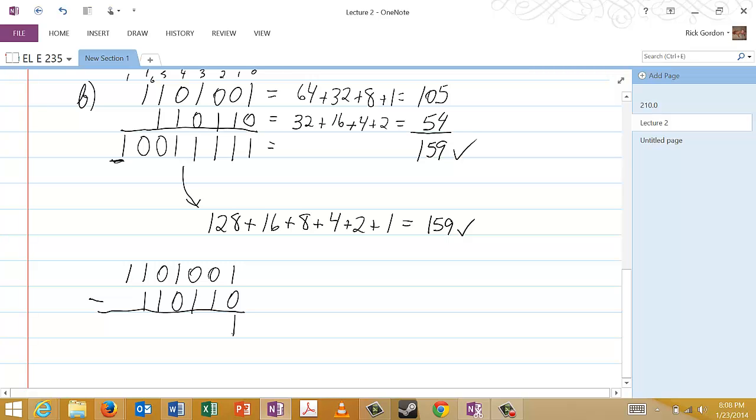But now we immediately are going to have a difficulty in the next column because we have 0 minus 1. So we need to borrow just as we do in decimal arithmetic. And so what we're going to do here is, of course, we can't borrow from the number that is immediately to the left of the 0 because that's just another 0. So we have to borrow all the way from this one. So we're going to cross out this 1 and make it a 0,